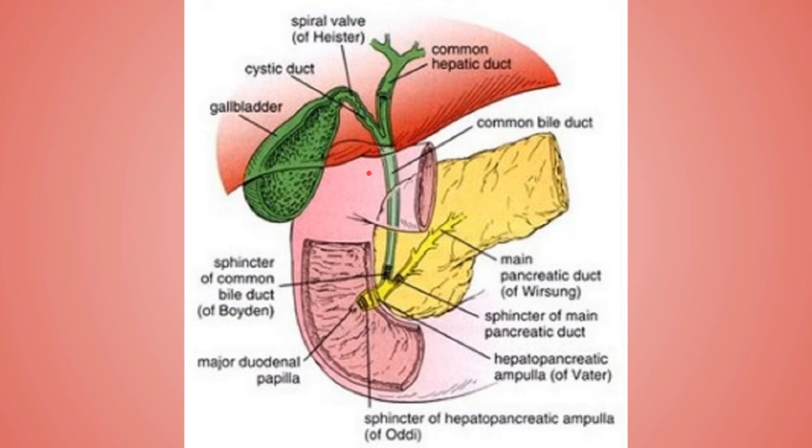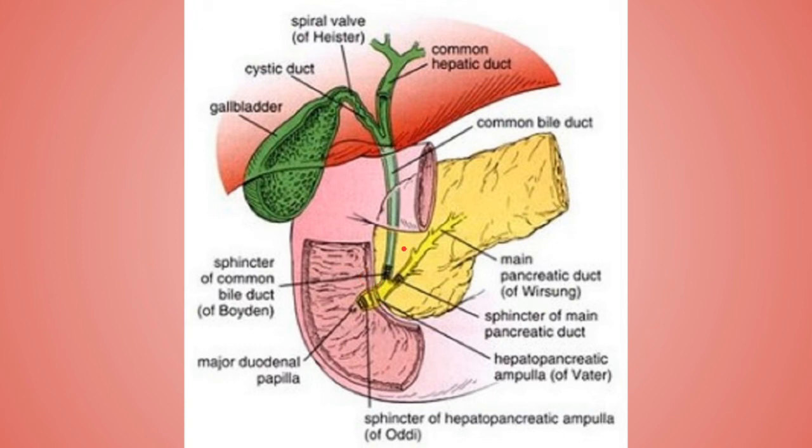Now on the left part of this there will be the gastroduodenal artery. Now this artery is actually a branch of the common hepatic artery, which is further a branch of the celiac trunk. Now of course in the infraduodenal part, in the anterior there will be the head of the pancreas, and the posterior there will be the inferior vena cava.